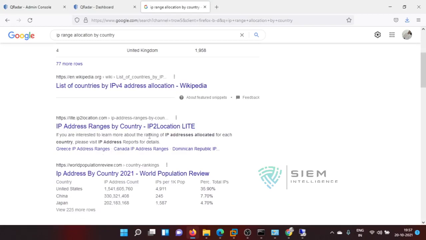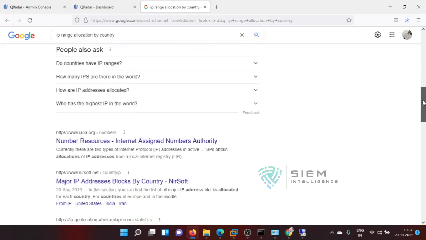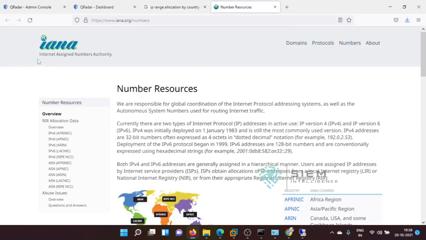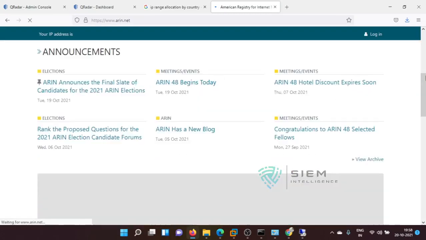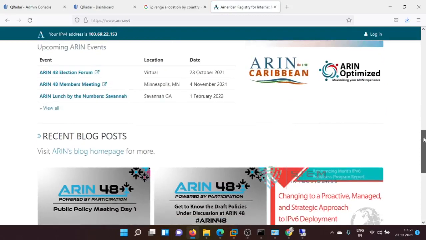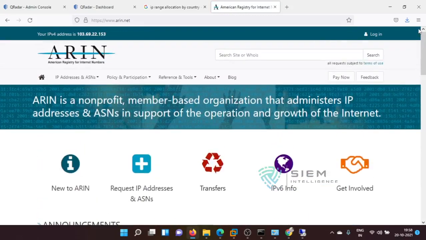So for which country an IP is in, those will be standardized by default. See, this is IANA, Internet Protocol Address Allocation. See, this is the Internet Assigned Numbers Authority. So according to this, if you see over here, IPv4 allocation and all, you can come to know what it is for this range and all. You can check. This is a standardized company.